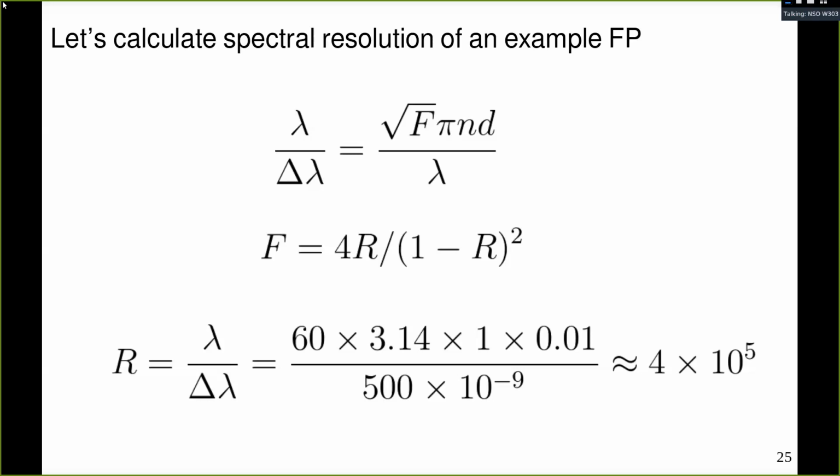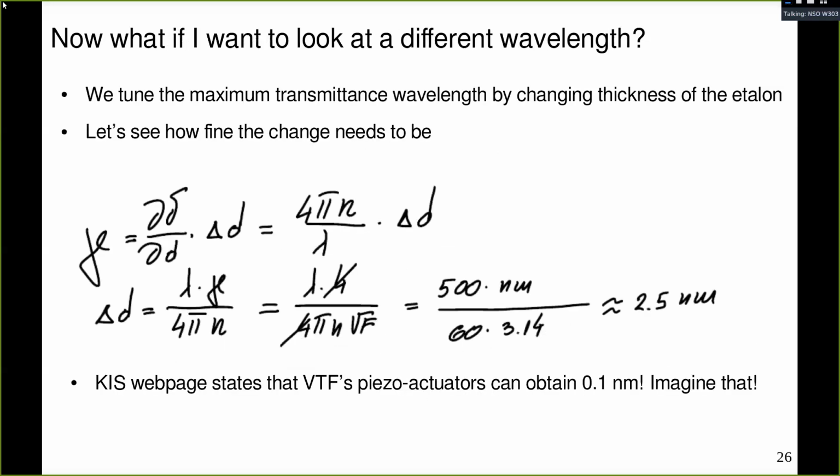Okay, but this is the ideal case. So the best thing, of course, is that when you have your instrument, you should have somehow measured or estimated the shape of the transmission, and then you can use it in your calculations, but this is like the most ideal possible case. Okay, cool. So now let's finally see what we want to do, because now we want to look at the